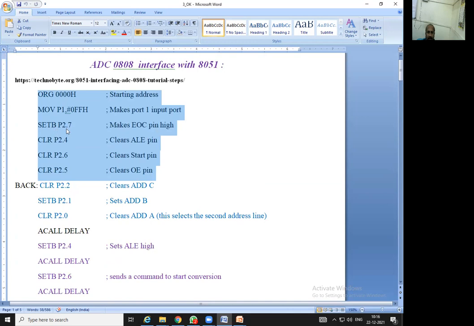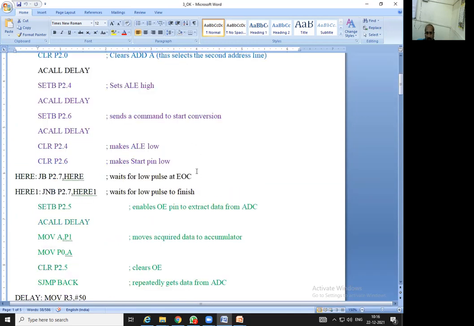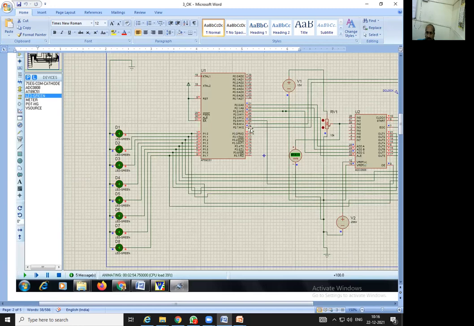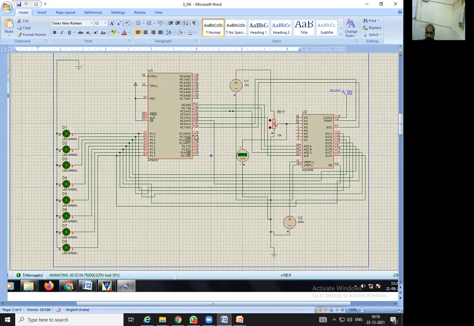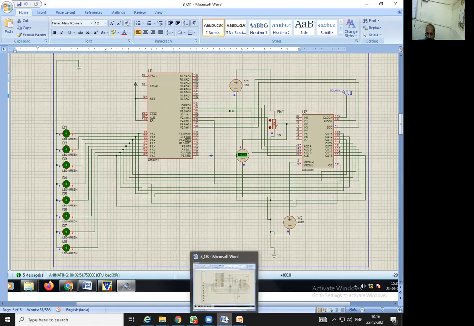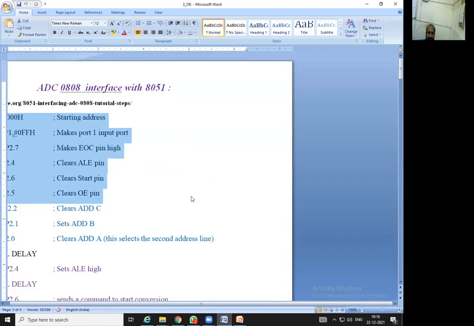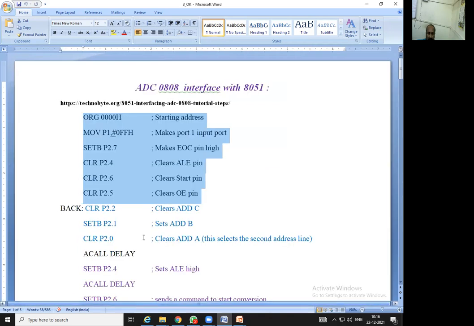Then setb P2.7. P2.7, where is it here? Where is it connected? If you track it, it comes to the start pin. So that is to be set here. After that, clear P2.4, the ALE pin has to be cleared. Clear P2.6, start pin has to be cleared.